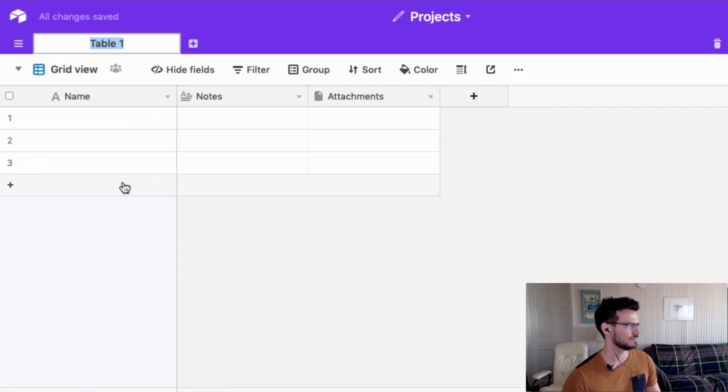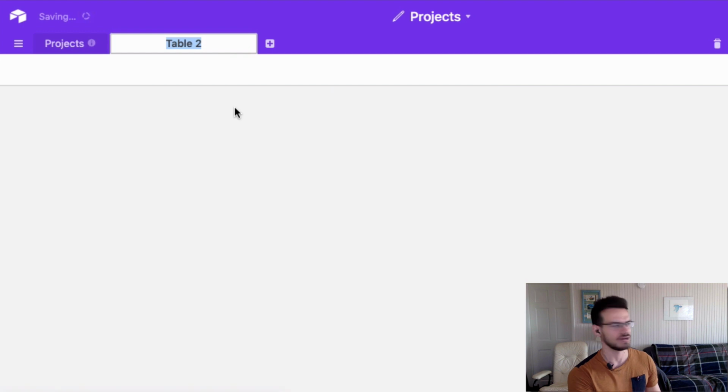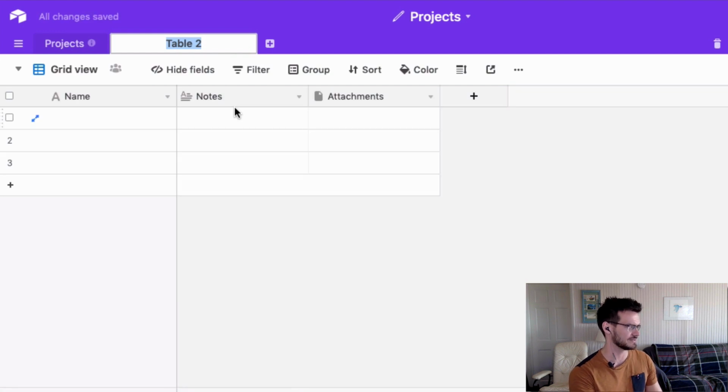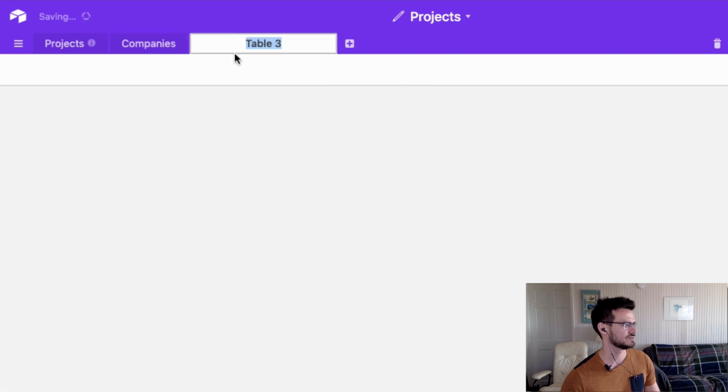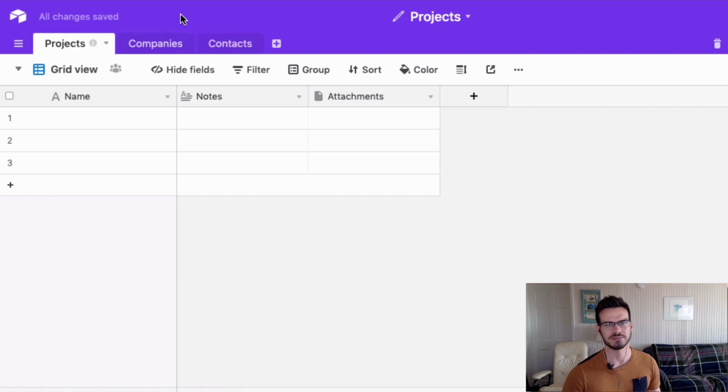So if you have a whole bunch of different team members working on the same table, or even for new employee onboarding, that can make things a little bit easier. And we'll have this one for companies and contacts. So that's generally how you would set up the tables within each base,